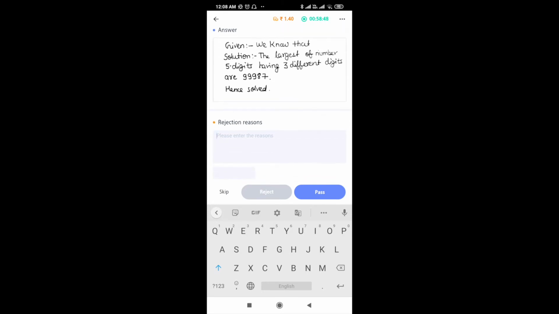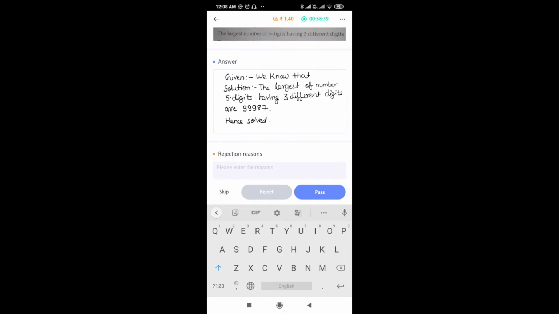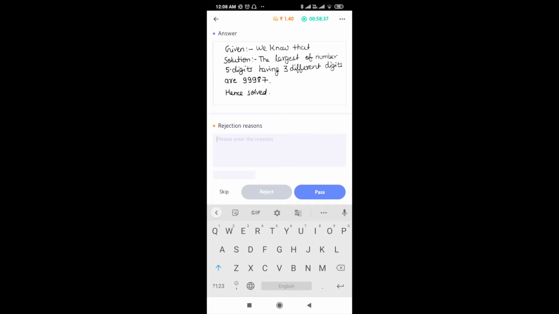So if it is not correct, we have to write the exact reason by which we are going to reject this answer, right? Suppose there is a calculation mistake, so we can type there is a calculation mistake in the last step, right?